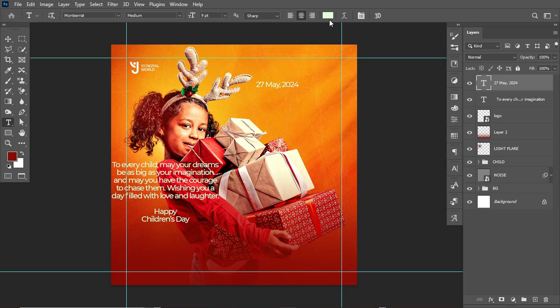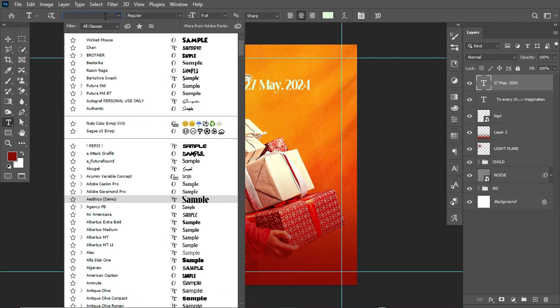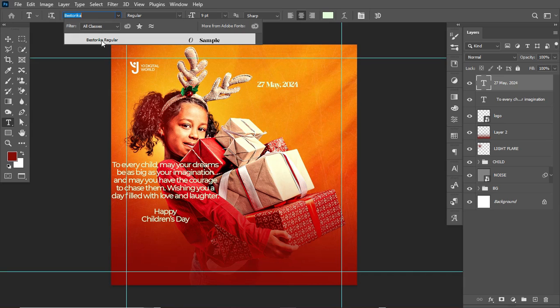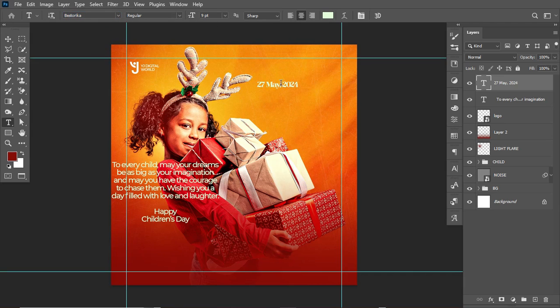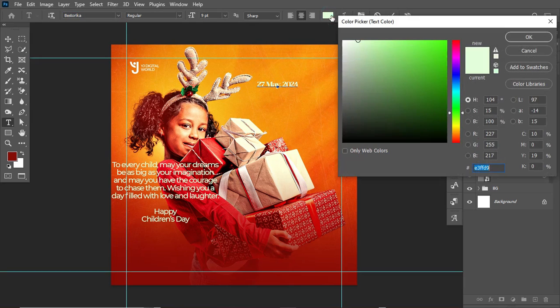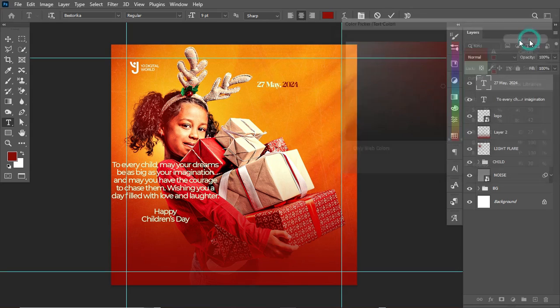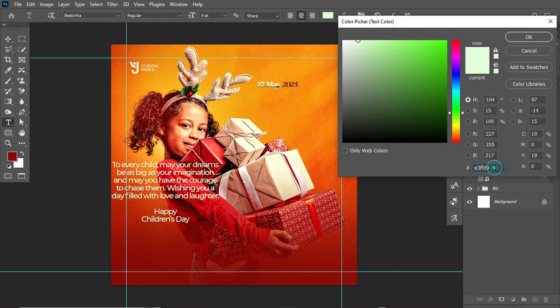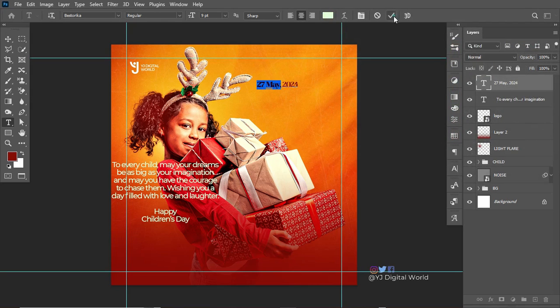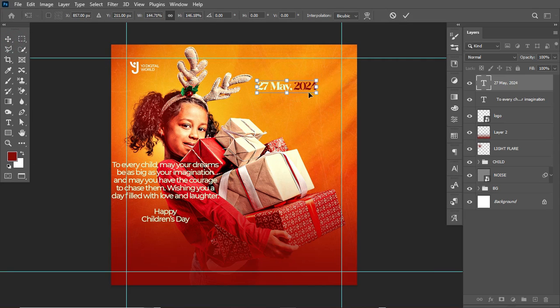And here's the font I'll be using. I'll be making use of a font called, let me see, Bestorica. That is the name of the font. For this, I'll select this and change its fill color by sampling a color along this region and click on the OK. While for this other set of text, here is the hex code for the color I'm actually using. Okay. So after I'm done, hit Ctrl T, scale this up a little bit